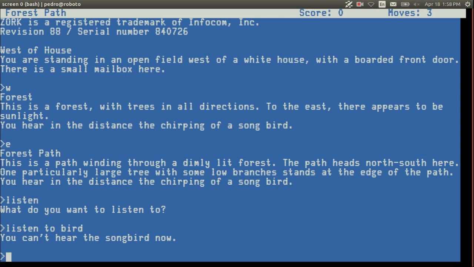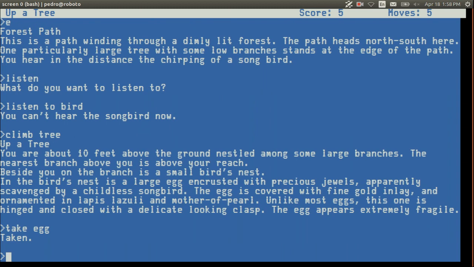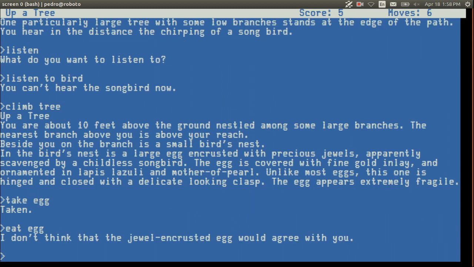What now? You're about 10 feet above the ground. There's a bird's nest. There's a large egg encrusted with jewels. Egg. Eat egg.